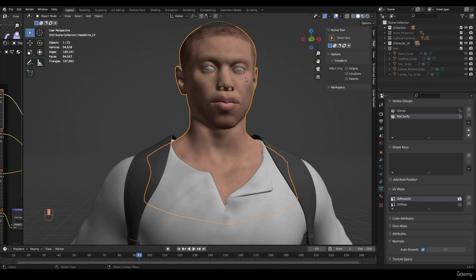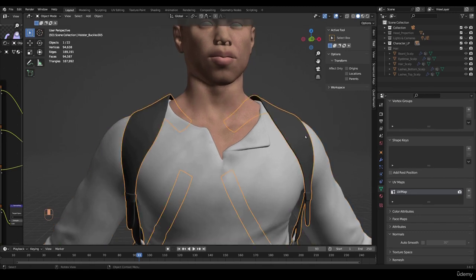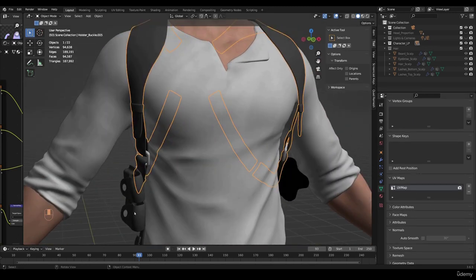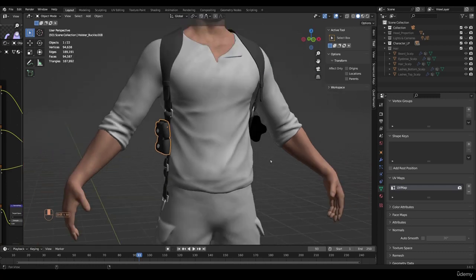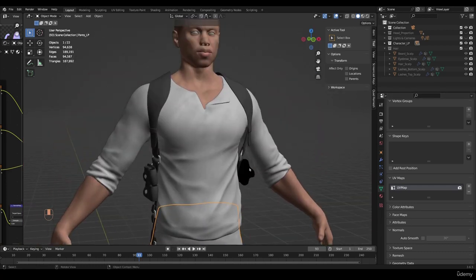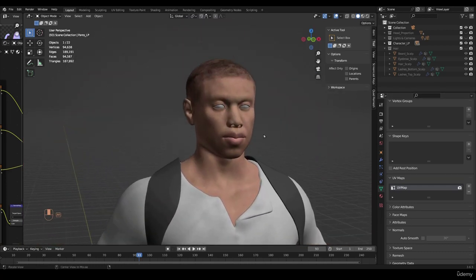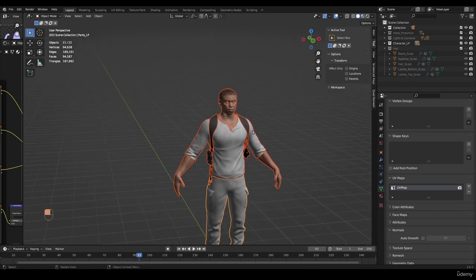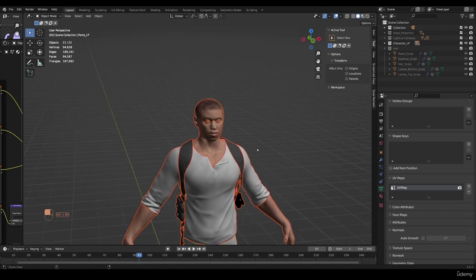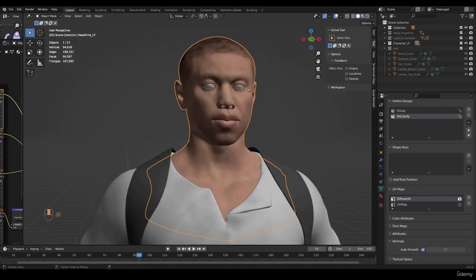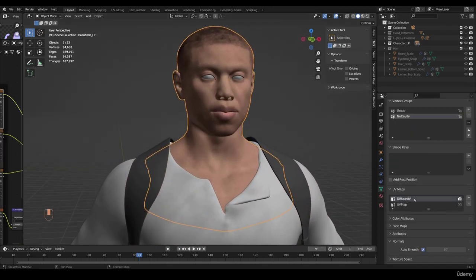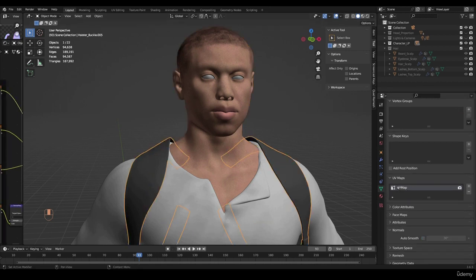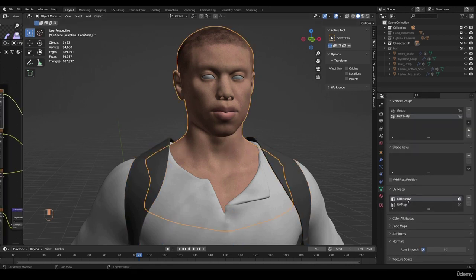Okay, so you can see if I select this, it says diffuse UV. Here it says UV map. If I select the holster, UV map. If I select this, UV map. I think most of them are called UV map, so I'm just gonna name it like that. This is very important if you wanna be able to combine all of these, and then when you put it inside Unreal Engine, you're not gonna have any errors. So just make sure that you select and then go to UV map and make sure they're all the same name under UV map. I'm gonna change this from diffuse UV to UV